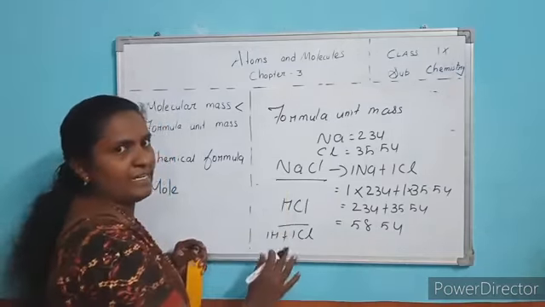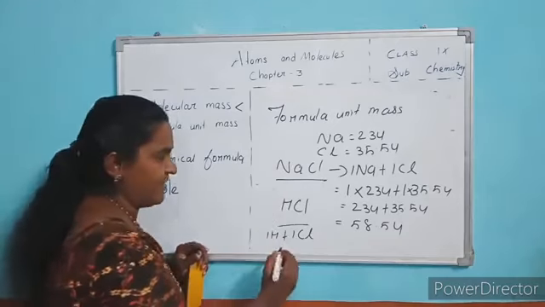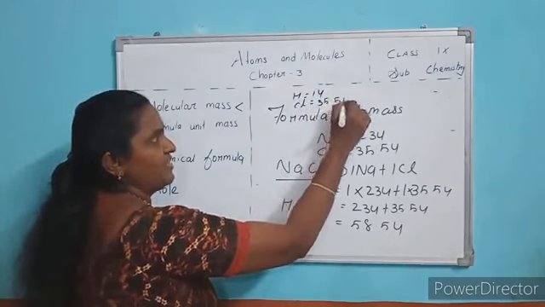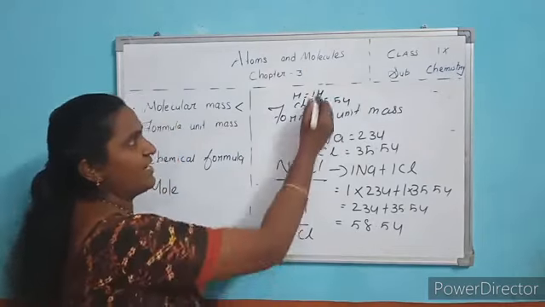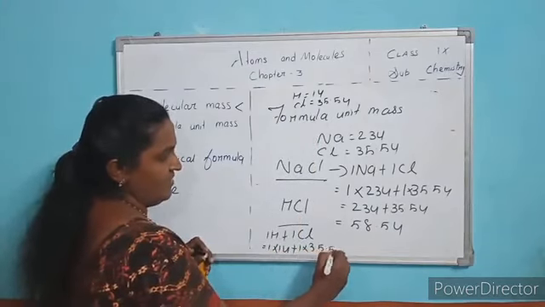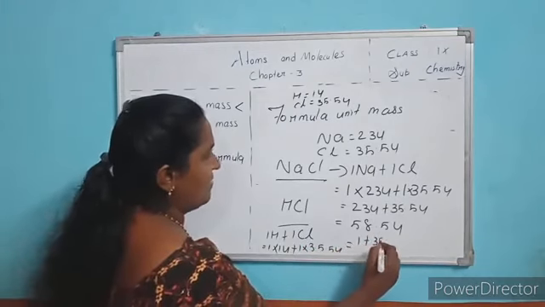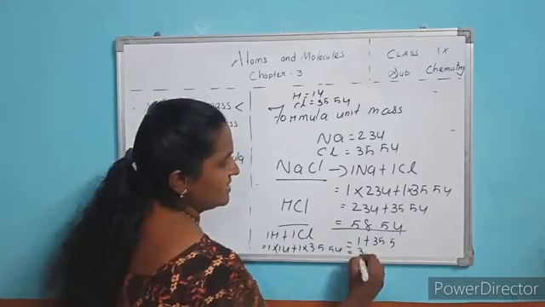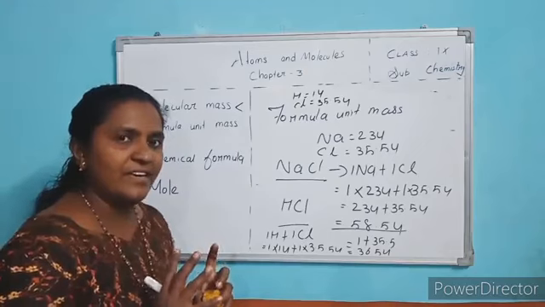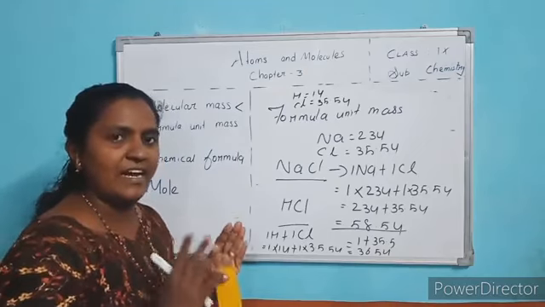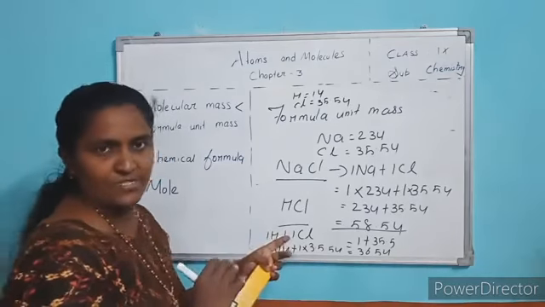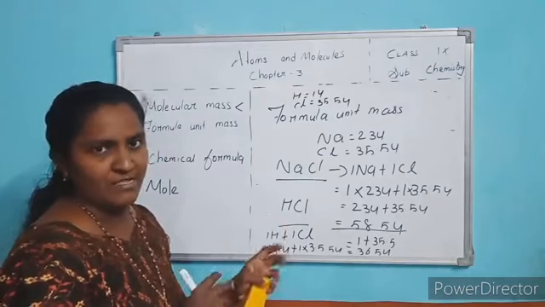Now, you know each atom has a fixed mass. It will be given in the question. So, hydrogen mass is 1U, chlorine mass is 35.5U. So, you substitute. 1 into hydrogen is 1U plus chlorine 35.5. So, accordingly you will get 1 plus 35.5, and you will get 36.5U. Getting? Nothing but you add the atomic mass of each element present in a compound. You sum all the atomic weights in the compound. You will get the formula unit mass.